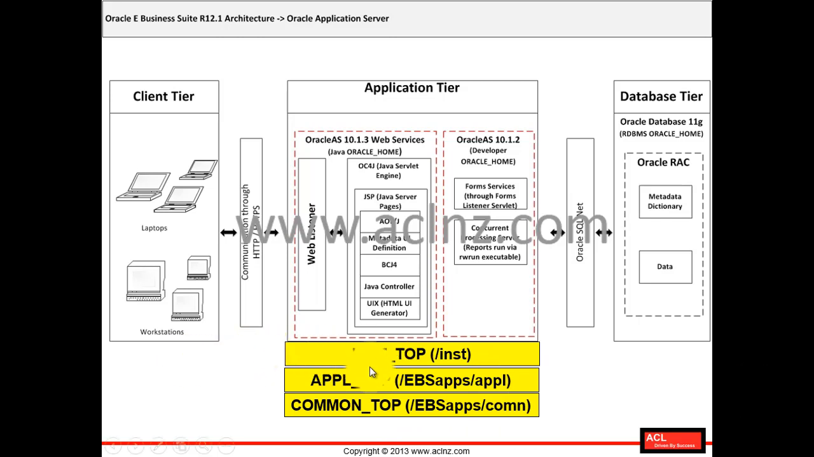This inst_top is also called the instance home, and the instance home directory helps DBAs in the application server to share the application and technology stack code among multiple instances. For instance, you have a development instance, a test instance, a UAT instance, and you don't want to have this information installed again and again. If you would like to share it within multiple instances, that's where you use